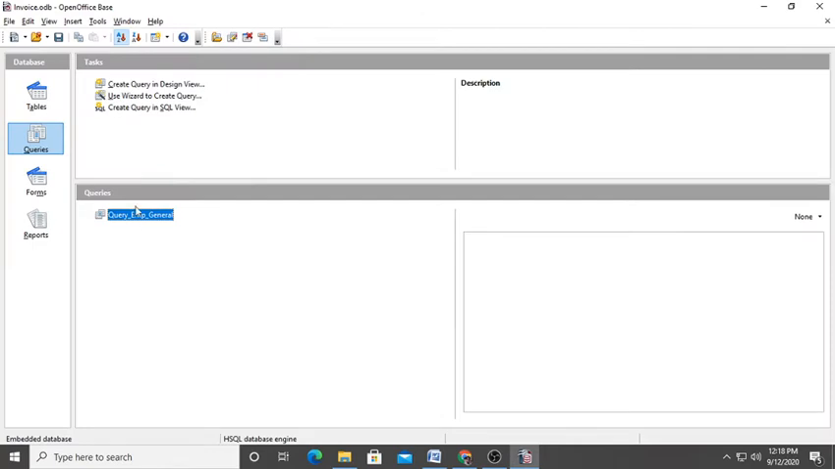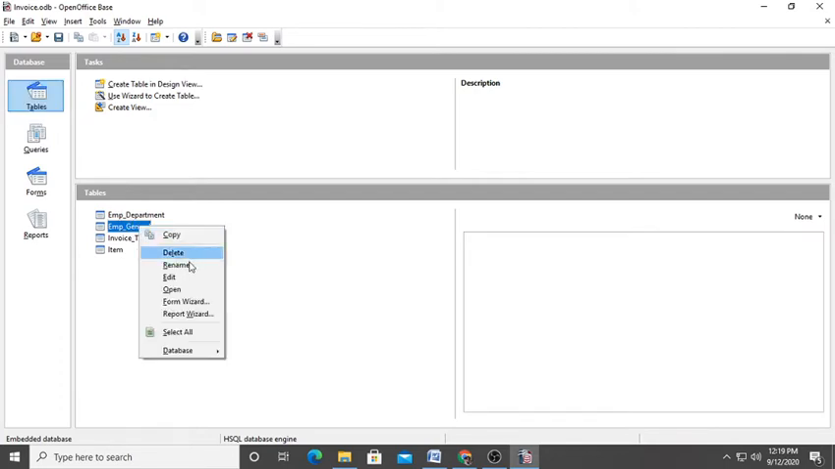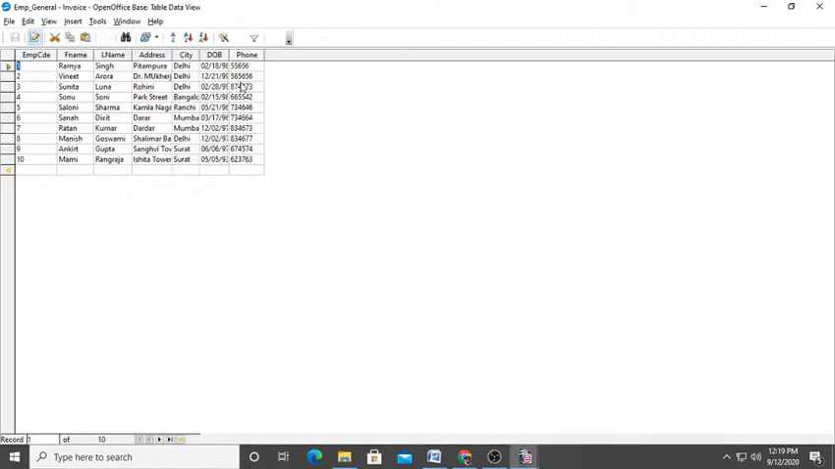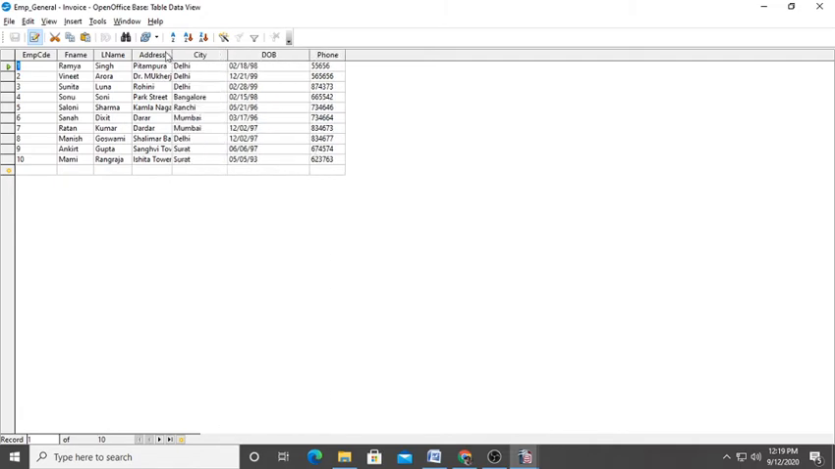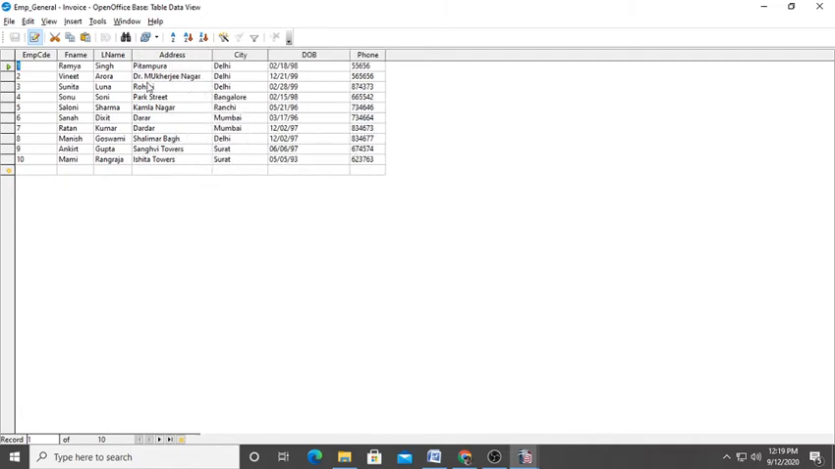Now I'm telling you how to sort directly. For that we can click on this table, like here my general table is there. I'm showing you the table description and the records of the table. These are all my records. All the records are arranged as we have entered them, that's how it is showing. So if we want to arrange all the records in a specific order